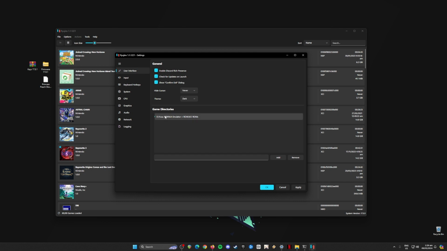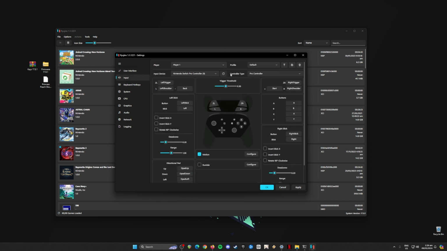In the game directories, this is wherein you will put your Switch games. It could be anywhere on your PC, so be sure to set it up here. And once done, go to Input, and I have selected Nintendo Switch Pro Controller here as my controller because it's better to use a controller rather than a mouse and keyboard when playing Switch games. So if you have an Xbox or PlayStation controller, connect them to your PC, map them up according to your liking,